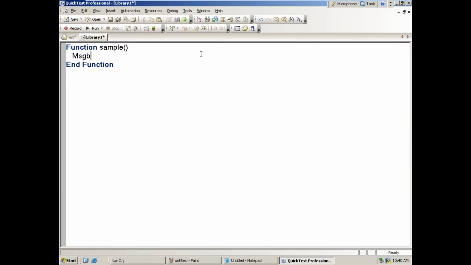Just I want to display that message box. This function created in function library editor.